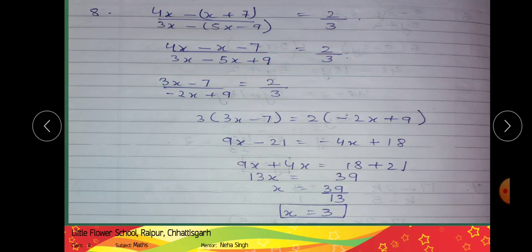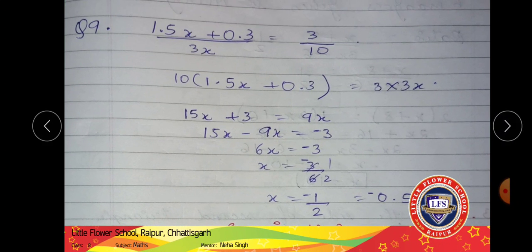It is given. We will be equating it to the RHS, right? So now cross multiply. Now comes the step for cross multiply, right? And now the steps are also the same, the only difference in this question was the starting two steps, that we have solved the bracket first. Rest all is the same as what we were solving till now. So we'll be moving on to the next question. This is the last question.